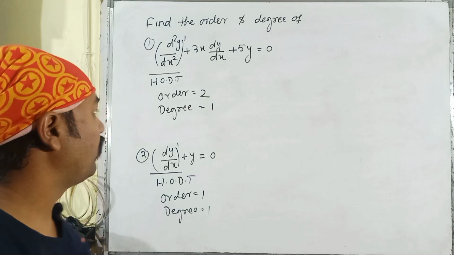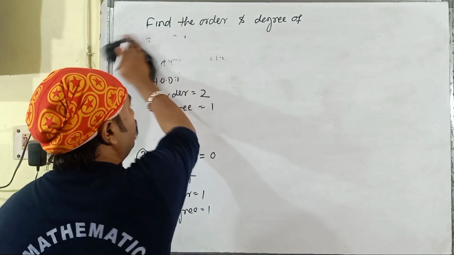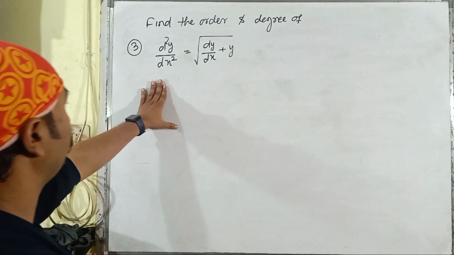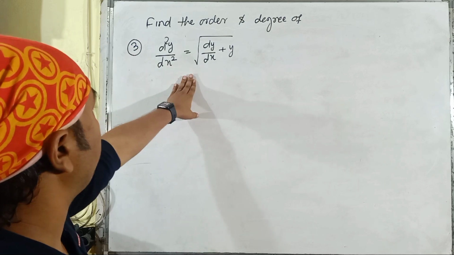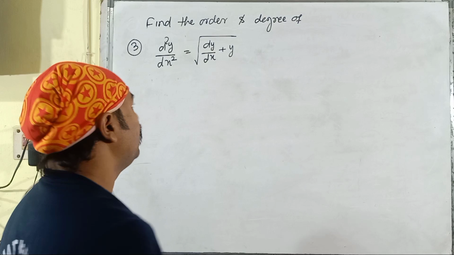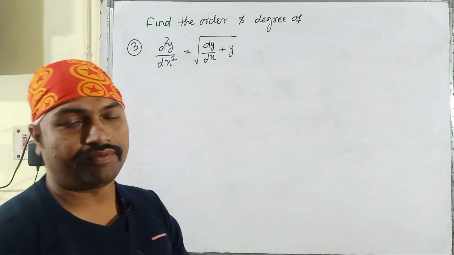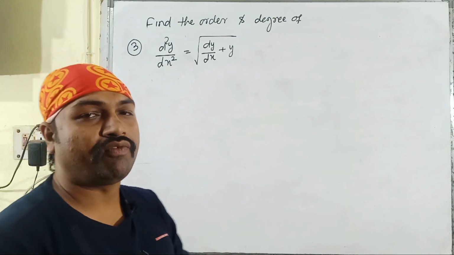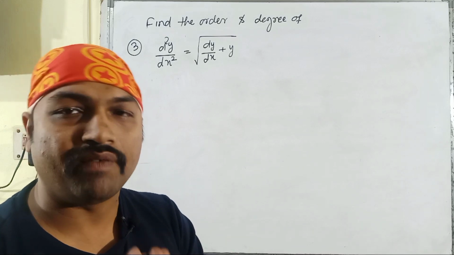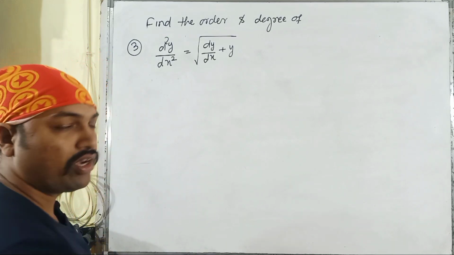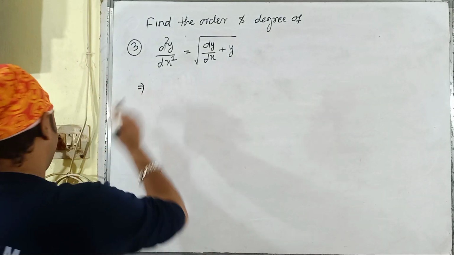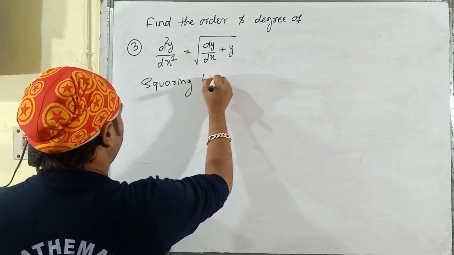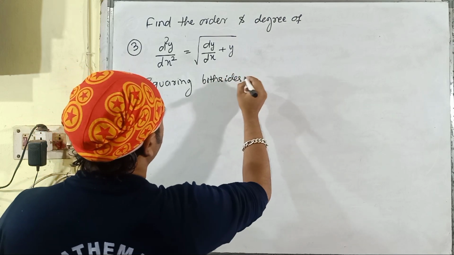Then let us go through some other problems. Here is the third problem based upon order and degree of the differential equation. Given that d square y upon dx square is equal to the square root of dy upon dx plus y. From here we cannot find the order and degree of the differential equation, because first of all, we have to express the given differential equation in such a form that it is free from radicals and fractions. Then at that time we can find the order and degree. So squaring both sides, we have